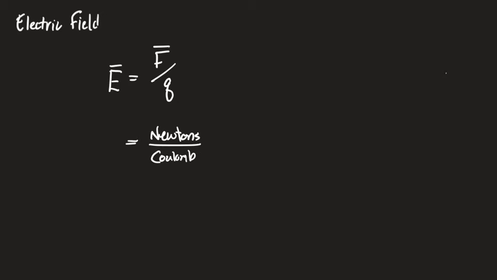And we're going to have two units for this. This is the first one. In a month's time, we'll have another one called volts per meter. For the time being, it's newtons per coulomb. The electric field is a vector. It points in the direction of the force. More importantly, an electric field points in the direction a positive charge would be pushed. Again, the electric field points in the direction that a positive particle would be pushed. Which means negative charges go against the field.